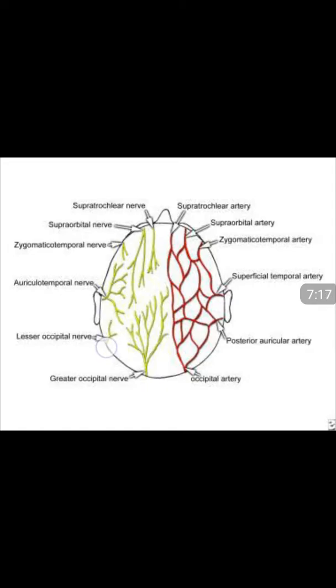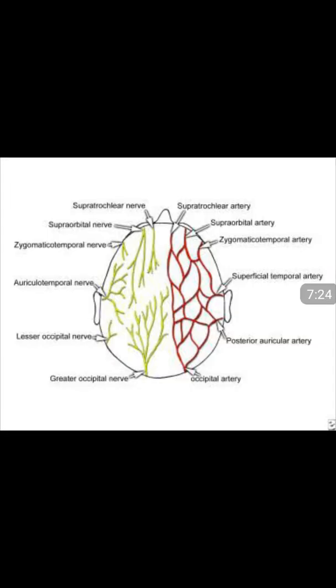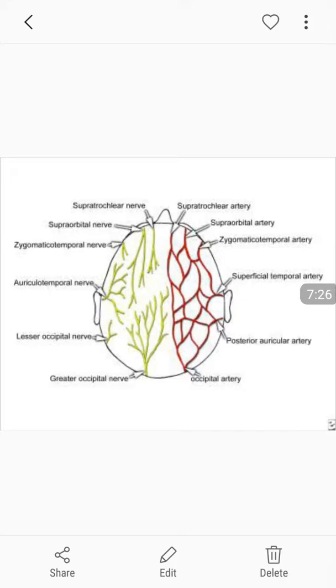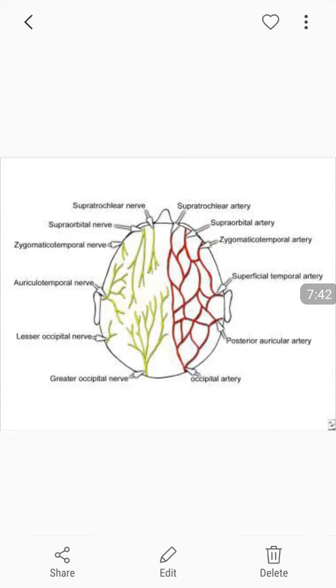Then posteriorly lesser occipital nerve and greater occipital nerve. Likewise, the blood supply, in the same diagram you can see supratrochlear artery, supraorbital artery, zygomaticotemporal artery. So anterior to the ear, nerve and blood vessels are having the same names, and then